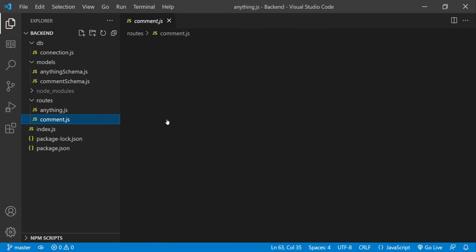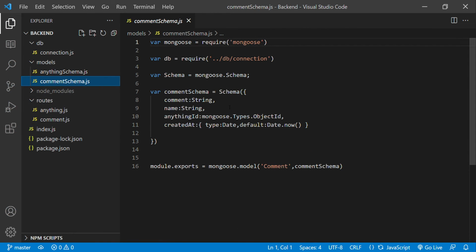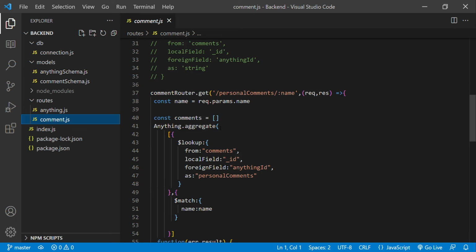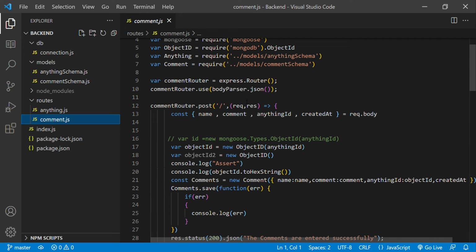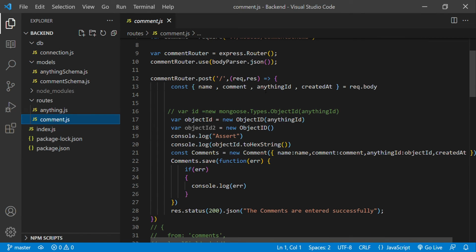Like that only in the comment schema itself. In that comment schema, I have created the comment and name. Here comment is of type string and name is of type string. And in this comment method, this post API is done, and name and comment are created. And this id is important because the id of that post would be passed to this